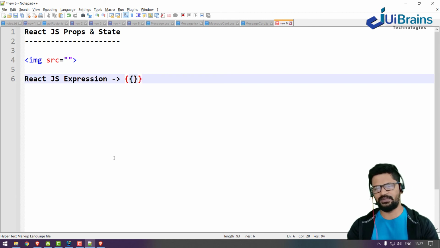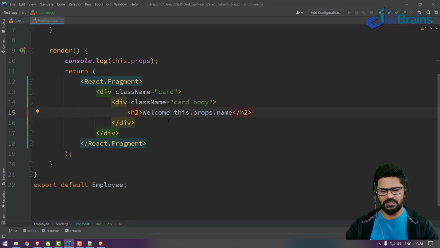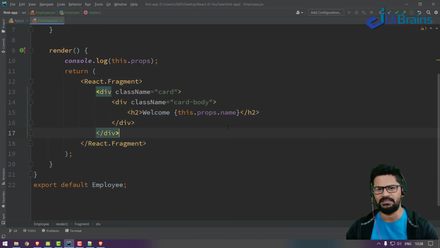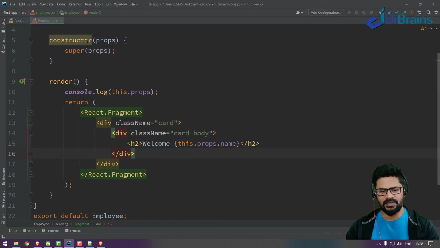In Vue.js also double curly braces. In React, we have single curly braces. So what you do, you surround this with this. This is called a React expression to substitute some dynamic value. It can be props, it can be state, it can be a variable, anything. So props.name I have read.